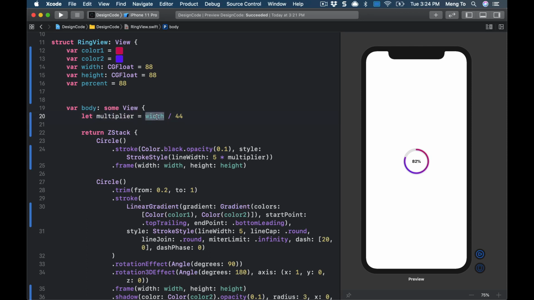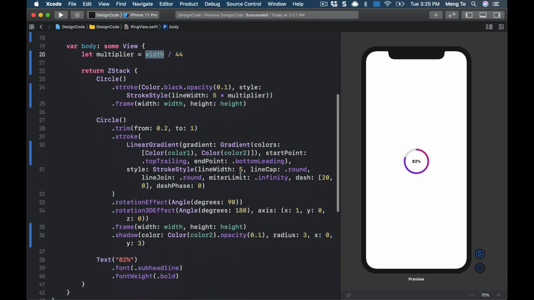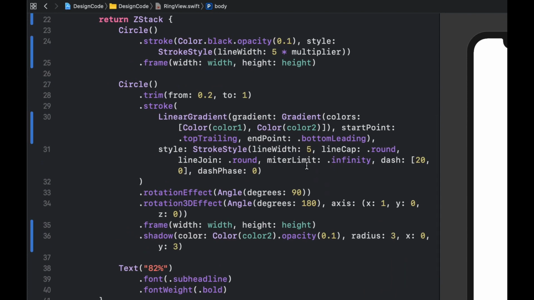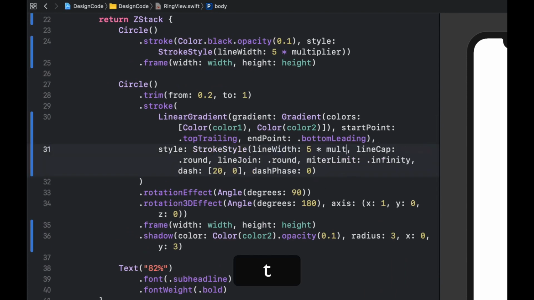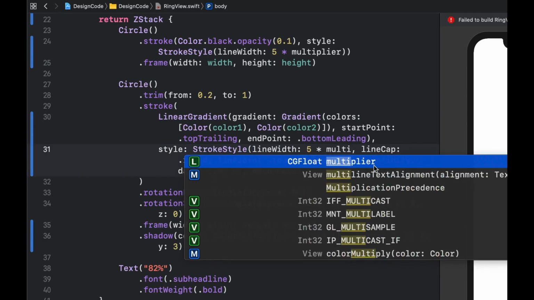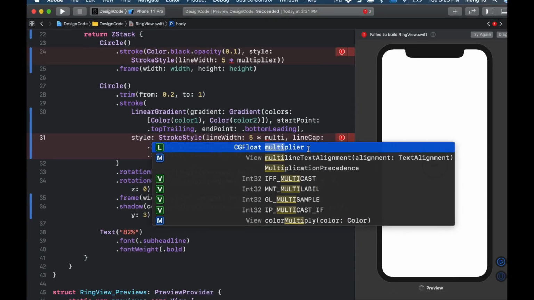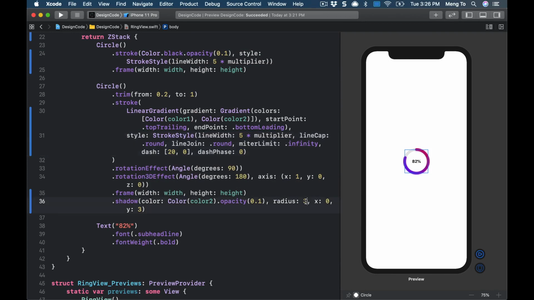It's just using existing values and creating a formula out of it. All right, let's scale the rest, such as the other stroke width here, line width multiplied by multiplier. Feel free to use the auto completion, it's much better, especially for long words. Then the radius for the drop shadow multiplied by multiplier, the Y position,